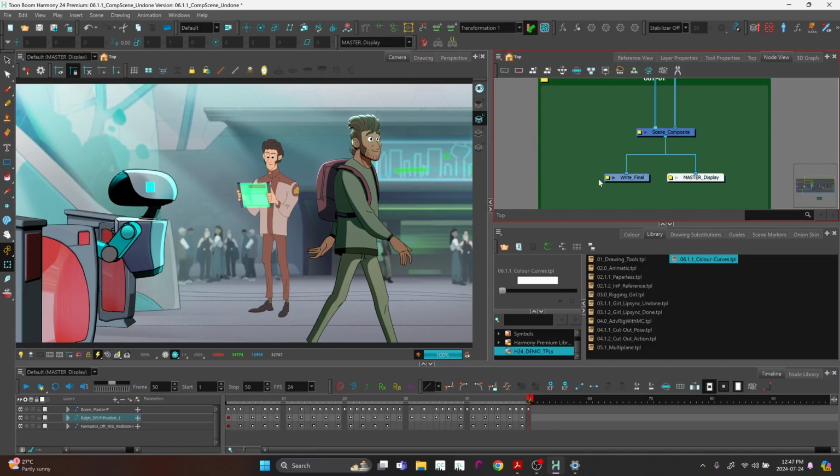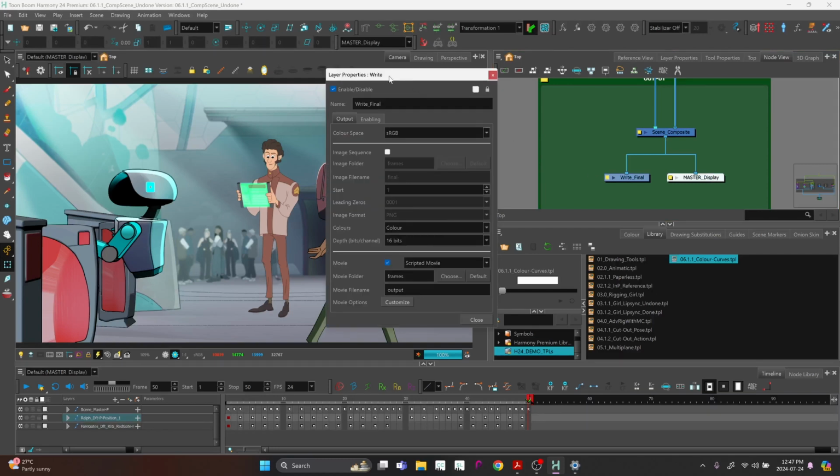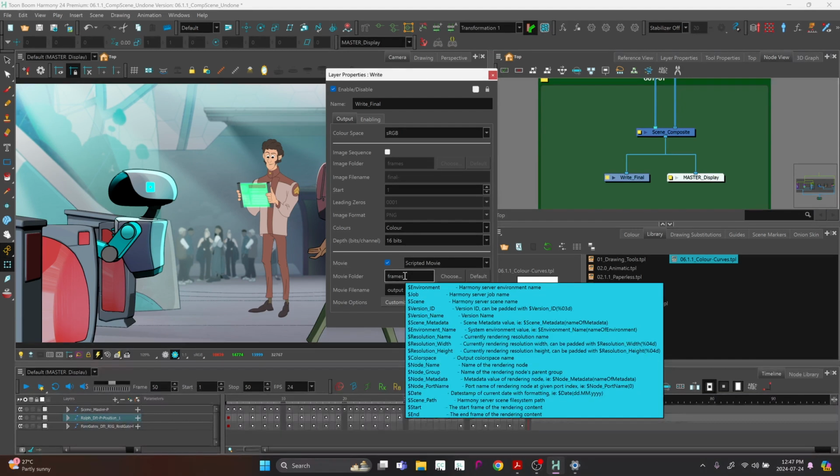In our node view, we can click on the yellow box of our write node to visualize our layer properties. We can see that we can either export an image sequence or a movie. In this case, we're going to export a movie. Next to the movie folder, our movie file name, we have our input areas. We can hover over these to visualize the different variables that we can use. These variables pull information from the actual scene itself, allowing you to easily customize the destination folder or the exported